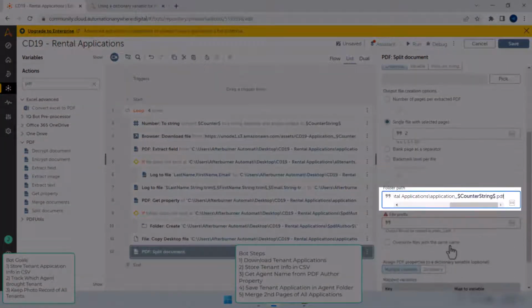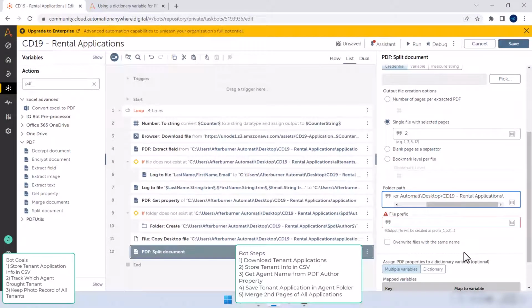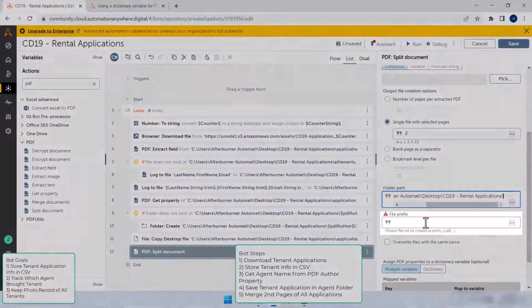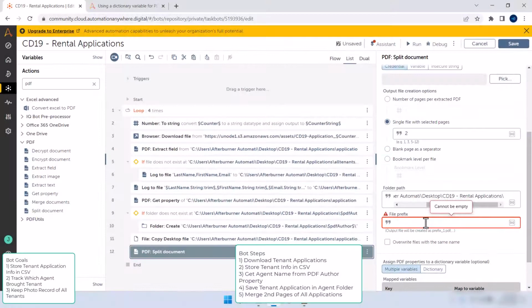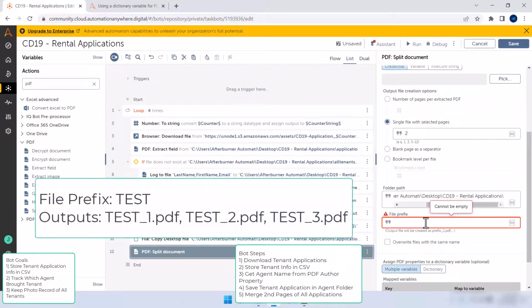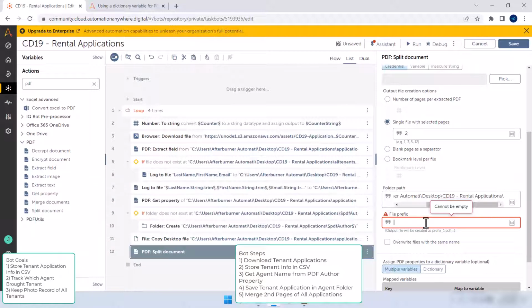Then, remove the file name at the end. This is the folder where the command will store our new split files. Then, we need to give it a file prefix. Whatever we put here, it'll add an underscore and then a number that indicates which one of the split files it contains. If we were splitting one file into 3, it would add _1, _2, and _3 to each file prefix. In this case, we're only splitting our original file into one new file, so the file will have _1